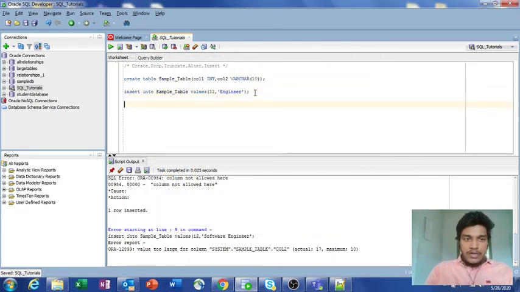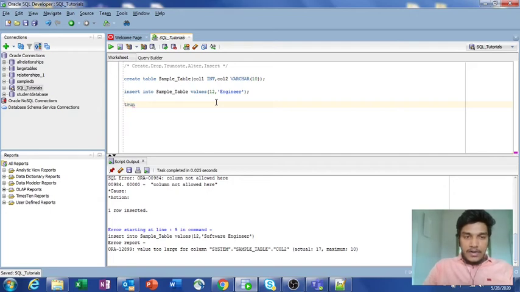Now what I want to illustrate is how to truncate. What does truncate mean? Truncate is nothing but it will delete all the contents inside the particular table, but not the schema of the table. The schema will remain as it is, but if you use drop, then it will delete all the data present in that particular table, as well as the entire schema. So let us see the difference between truncate and drop. First of all, I will illustrate truncate.